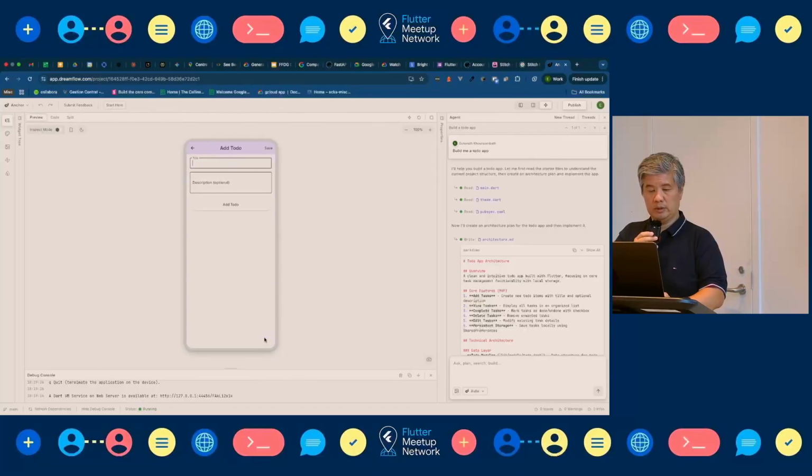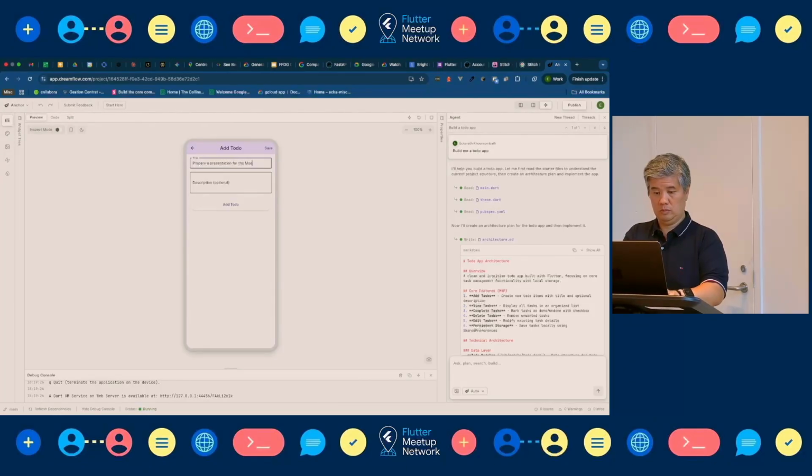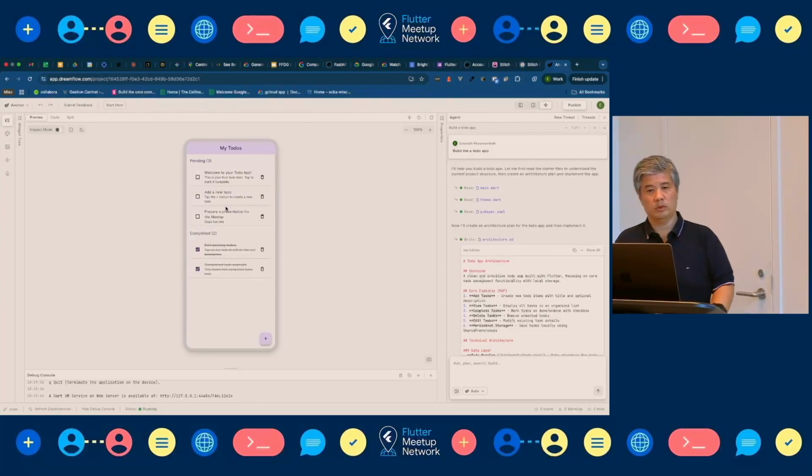We can also create. As you can see, for now it is not persisted.